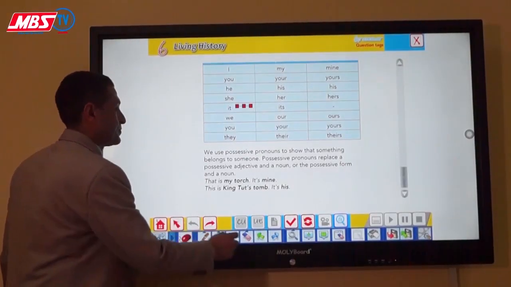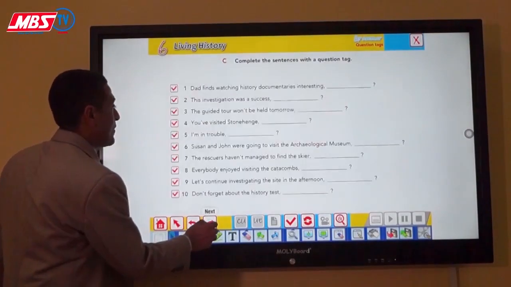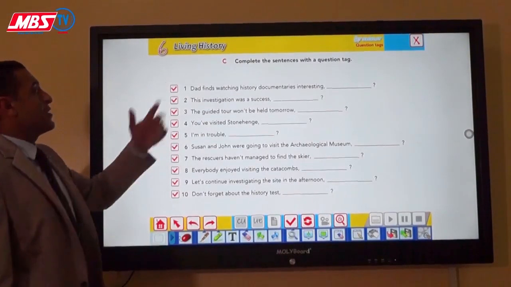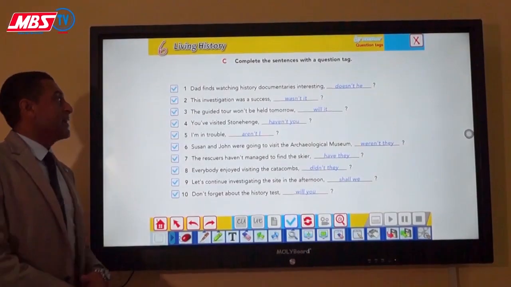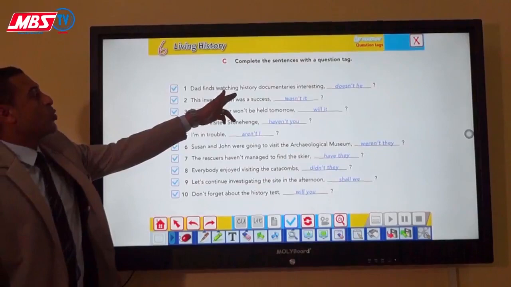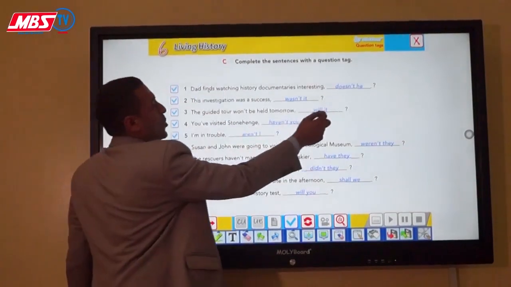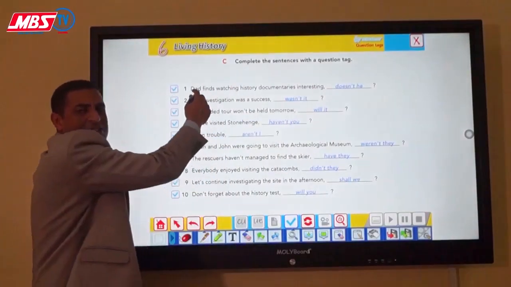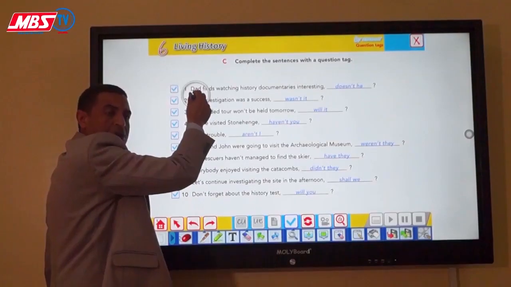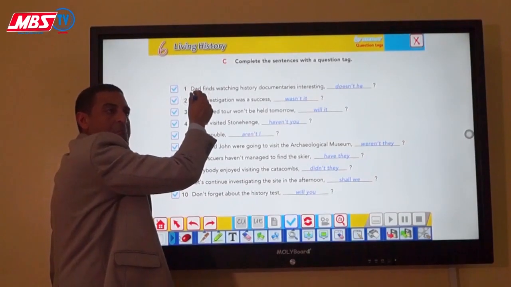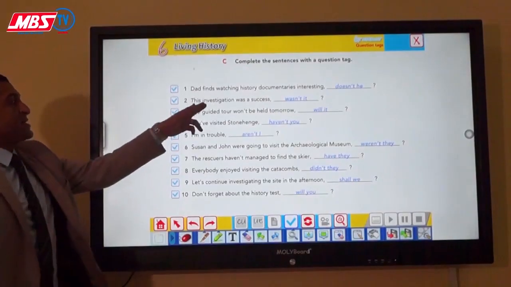And now, to get some exercise about this one. So here first, we want to complete using the correct question tag: Finds watching history. Here the verb is present simple. So I will use doesn't. Can I say doesn't that? No. That is not a noun, it's singular, male. I will use he. This investigation